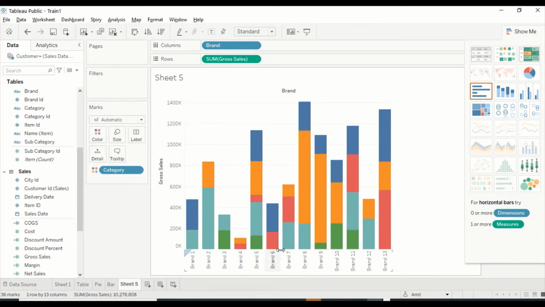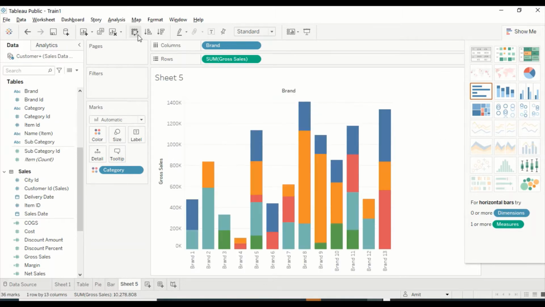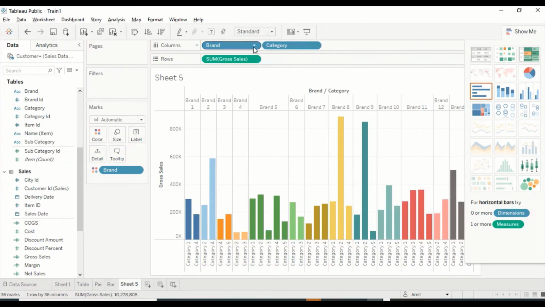Now the first thing we will do is swap. As I said, there is no separate concept of column stacked and bar stacked. You just swap these, and you can achieve both in Tableau, so you don't have to worry about it. Right now I can go ahead and color on the brand. If I color on the brand, I will no longer be able to see this, but let's put category out here. And if you put category, it's no longer stacked.